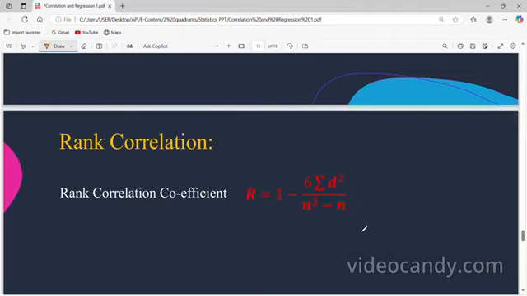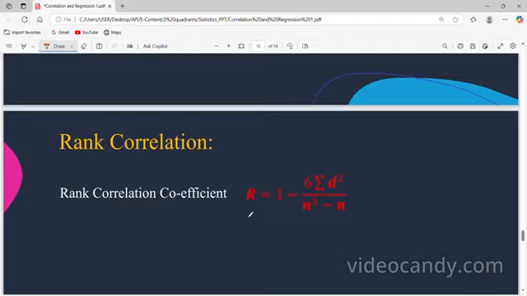To compare in such cases, we first arrange the characteristics, say A and B, of the individuals in order of merit or proficiency in the possession of the qualities using numbers 1, 2, 3 and so on. This method of numbering according to merit is called ranking, and the number allotted to a particular character is called rank. So the correlation coefficient between two series of ranks is called the rank correlation coefficient, and the formula